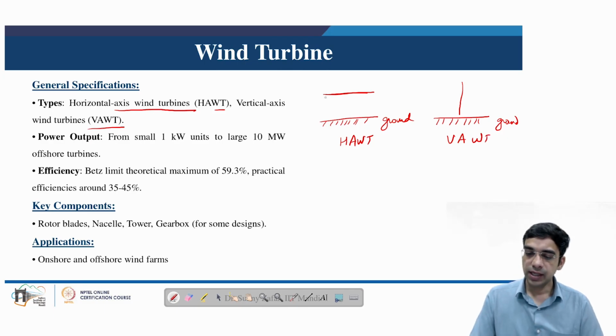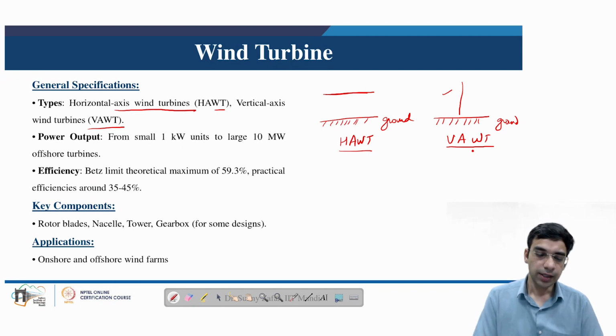For commercial scale power generation, the horizontal axis wind turbines are very popular. But on a small scale, nowadays vertical axis wind turbines are also becoming popular, but they generate power at a much smaller scale